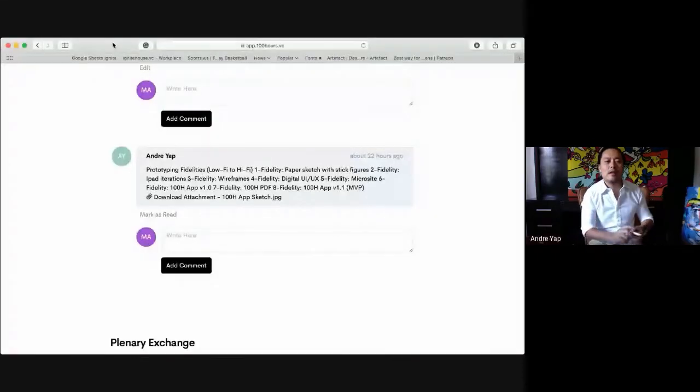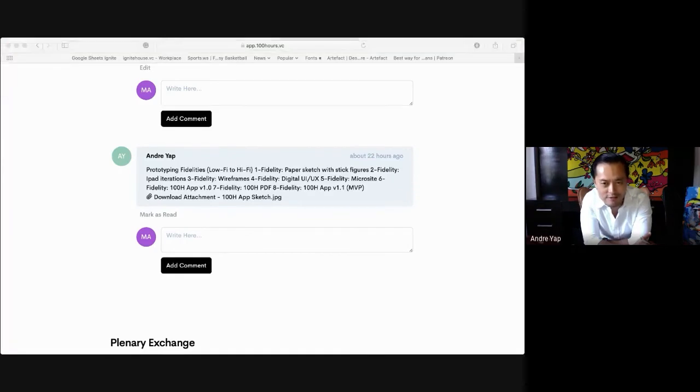Okay, Miguel's back. So we went from paper sketch to iPad iterations, to number 3 fidelity wireframes, to number 4 fidelity, a digital UI UX. Number 5 fidelity, the microsite, was actually born from there. 6 fidelity, the 100-hour app version 1, which we rejected ultimately. We went from there to the 7th fidelity, which is the PDF version of the 100H app that we are now going through. And then finally, the 8th fidelity, which is the app itself,